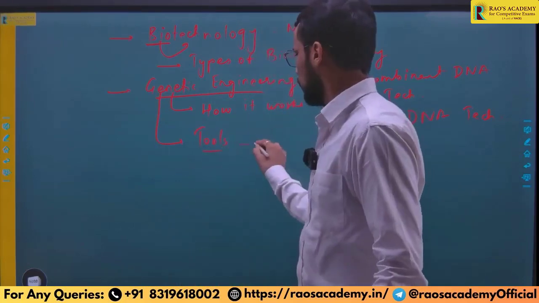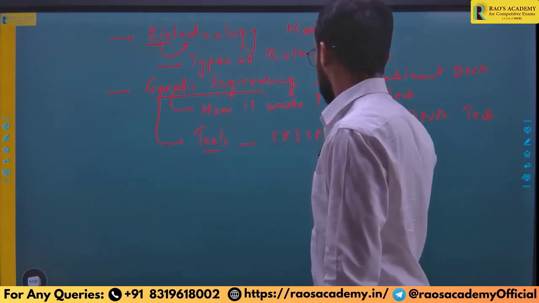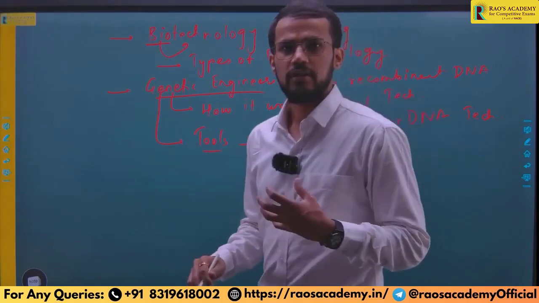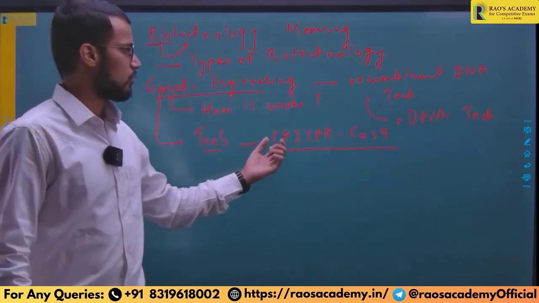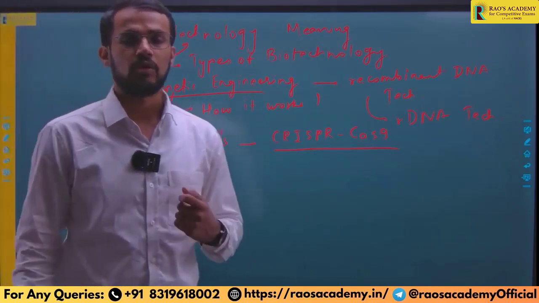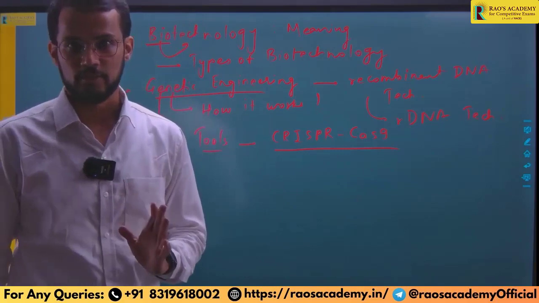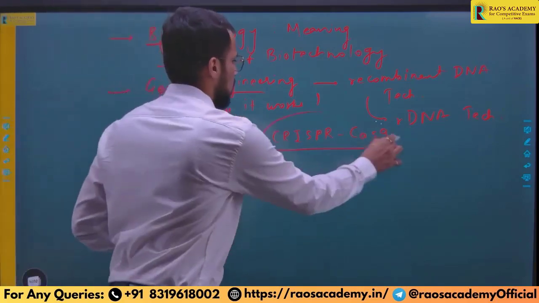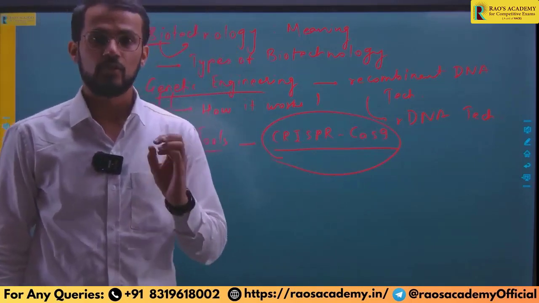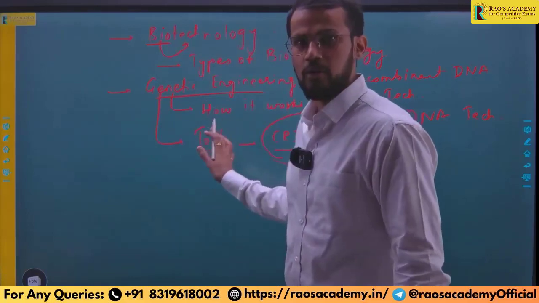And the most important tool as of now is CRISPR-Cas9, right? So if there is any related development to CRISPR-Cas9, or if there are other tools that are being developed for genetic engineering, then those tools become important from the exam's perspective, because UPSC has asked 2 questions till now on CRISPR-Cas9, right? So that way you can consider these things important from the exam's perspective. Right? So that is about genetic engineering.